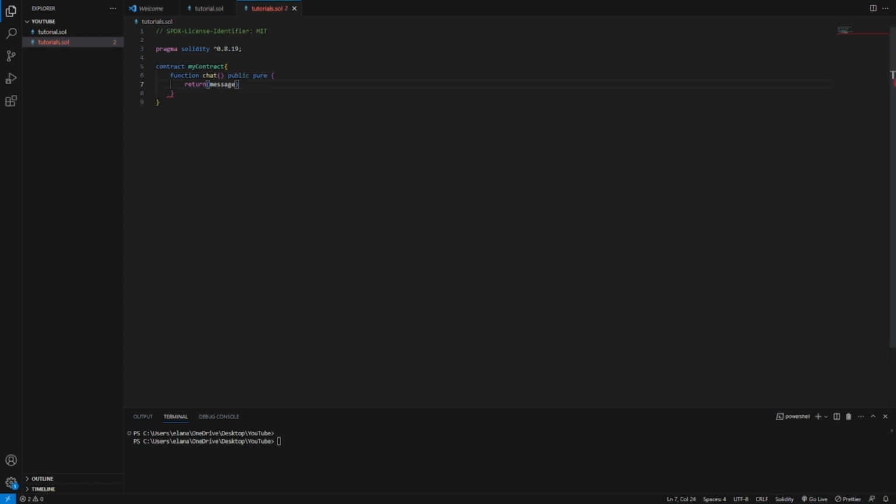Okay, so now all I did is I just said return, and then I made braces, and inside of it I put message. But now, as you can see, we get an error. And what this error is saying is that message is not defined. Like, what is this message, right? Well, in our function, we want to make it so that the user is capable of deciding what this message is going to